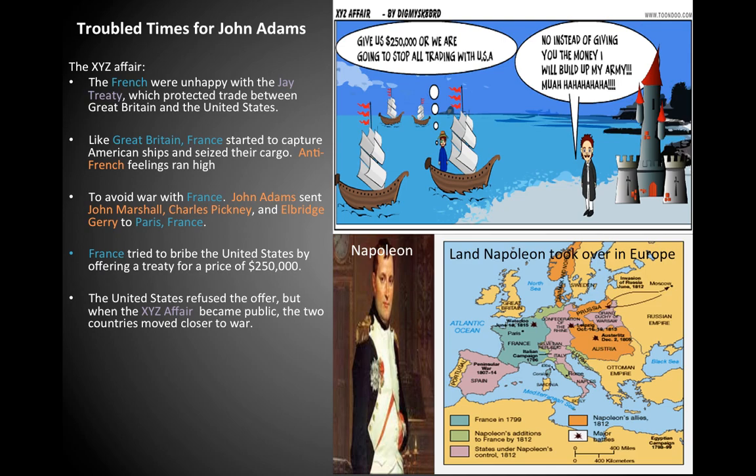And when these 3 officials came back to the United States and news of this bribe became public, people in the United States were furious. They were very upset. And what does the result of it cause? The United States